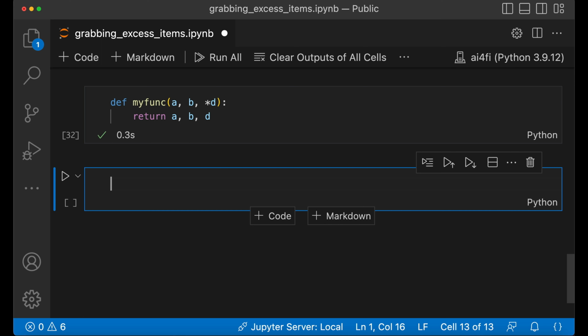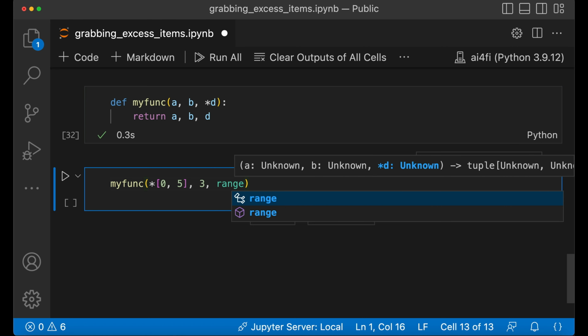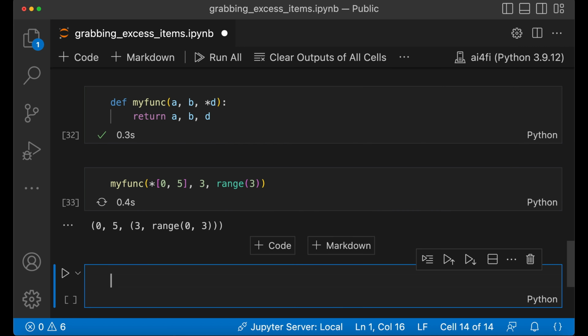So now let's use the star to pass in the variables. For this, I would call my function and say I want to pass in 0 and 5 and 3, and maybe range of 3 to our function. You see that the first two values, 0 and 5, are assigned to A and B, and the rest of them, 3 and the range of 0 to 3, are assigned to